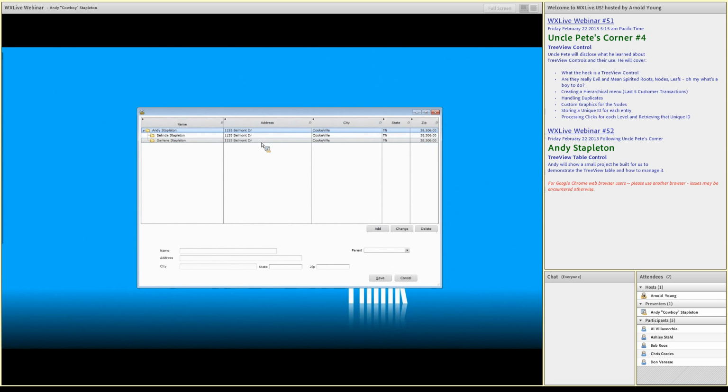You'll find that the tree table is easier to handle than the tree control itself. Number one, it is a lot like the table control when you do a table add line. There's just a few little tricks, and we're going to go through them. But basically what it allows you to do is do simple things like putting in another child for Belinda, and say that's Belinda, and save it. And then we've got Bradley now underneath Belinda. And if Bradley had a child, we would go Bradley's child and go,